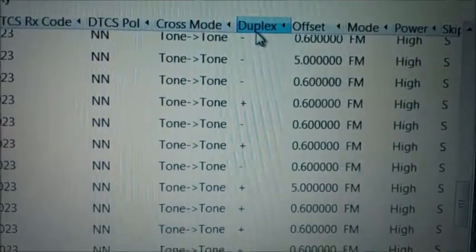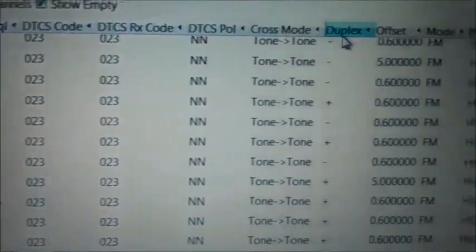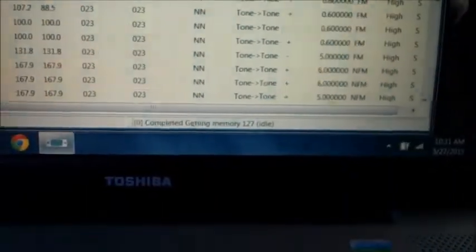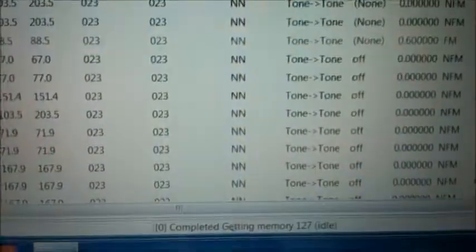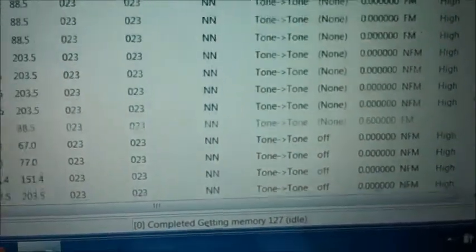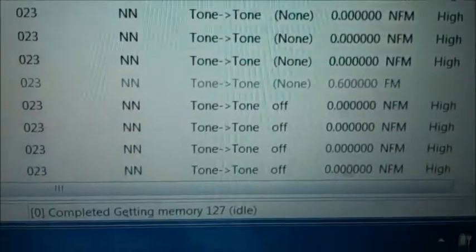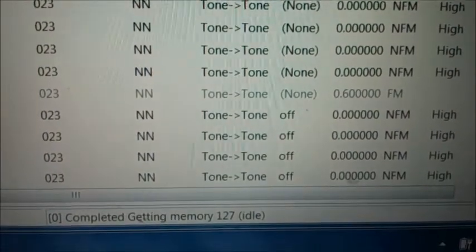The ability to transmit or not transmit is important, because you're going to see as we go down, pull it all the way down here to the column that says duplex. As I get down to some frequencies where I do not want to transmit on, those